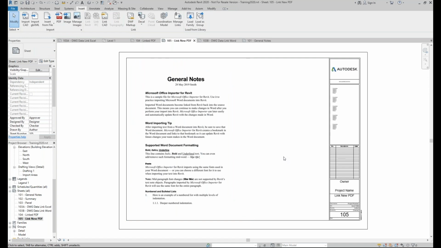But again, with the margins and other things, I may have to go back and adjust the Word file, re-output the PDF, and then link the new PDF in to get the text in a way in the PDF file that's better for the view that I'm linking this into, such as in a sheet or whatever other view. Now, another thing related to PDFs is this: it will not hit your project standards